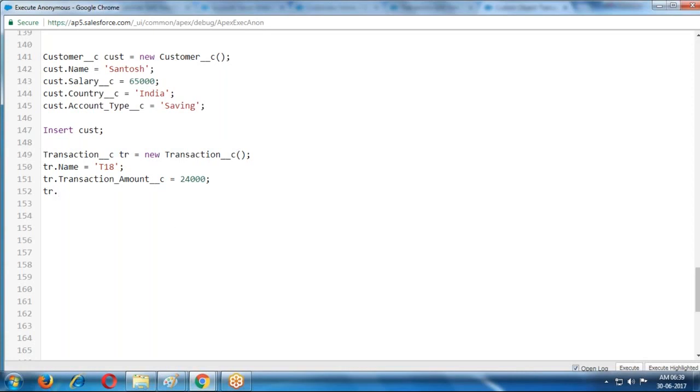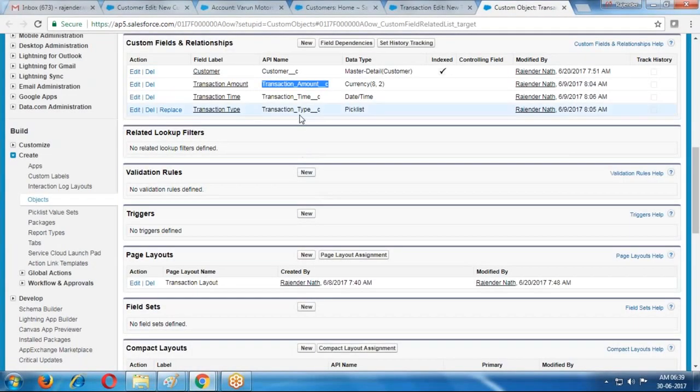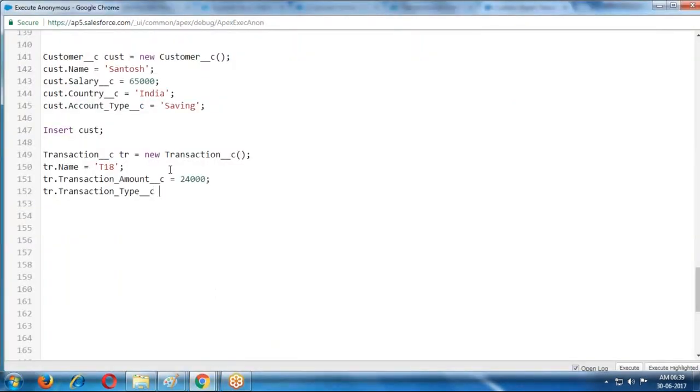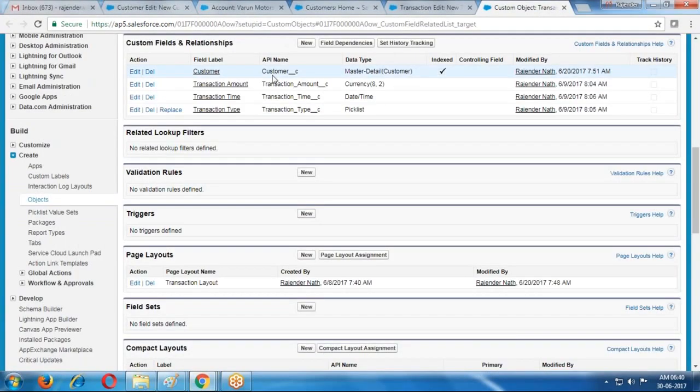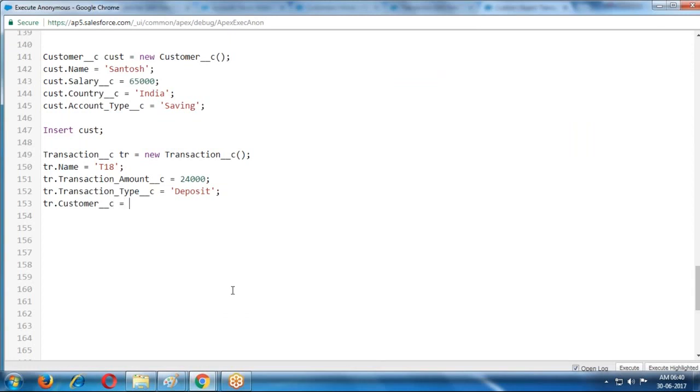TR.Transaction type equals deposit. TR.Customer__c, the parent-child relation, equals cust.Id. This is done dynamically.